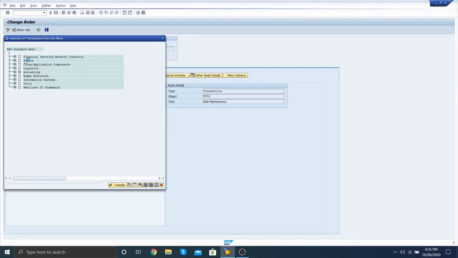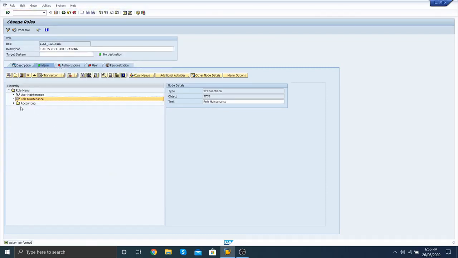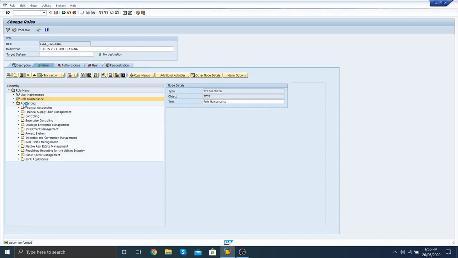Here you can select different menus, such as the accounting menu, different accounting T codes, or the full menu to assign to this role.